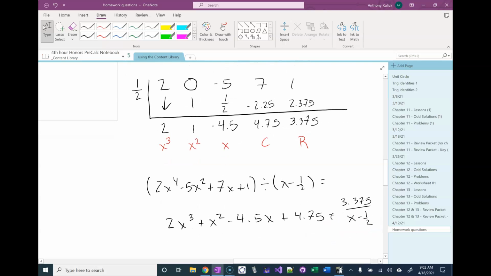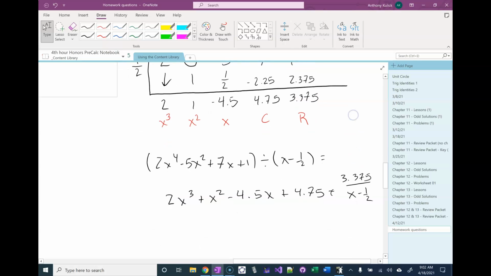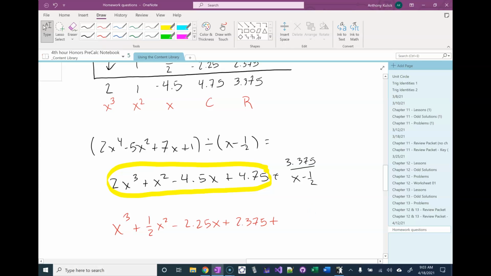Now this isn't quite right, because we still didn't worry about this dividing by 2 piece. So I'm going to need to go back now and divide each of these by 2. So that's going to be just x cubed, and then 1/2 x squared, and then 2.25x, and 4.75 divided by 2 is 2.375. And then here,